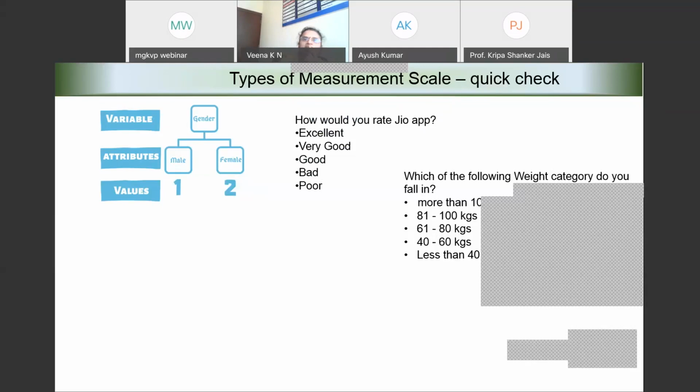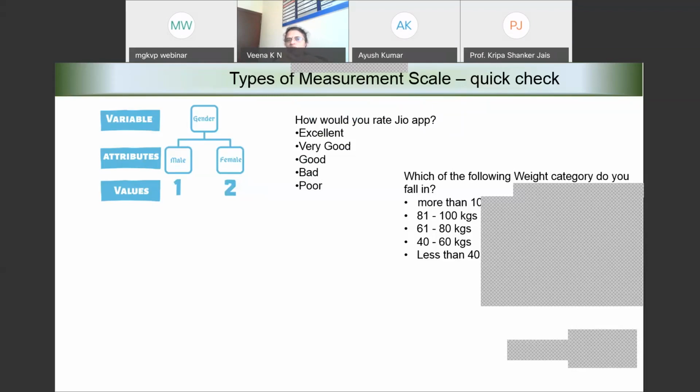Why is it ordinal? Excellent is better than very good. Very good is actually better than good, and good is better than bad, and bad is better than poor. So we have organized the opinion of the user in different categories. And we also know the different categories are different. We can compare.